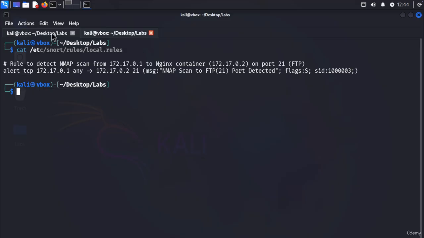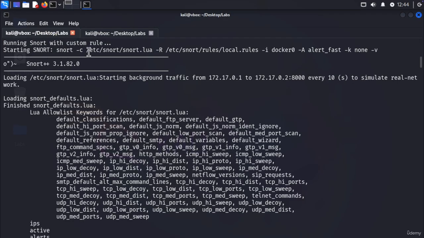Going back to the main window. So we were discussing the snort command, right? Snort, then the configuration file, then what is the rule or the rule directory? Since we are specifying a specific rule, it's just going to load this file, which has just one rule. And then -i docker0 is the interface. If you recall, we discussed that docker0 is the default interface through which the container talks to everything